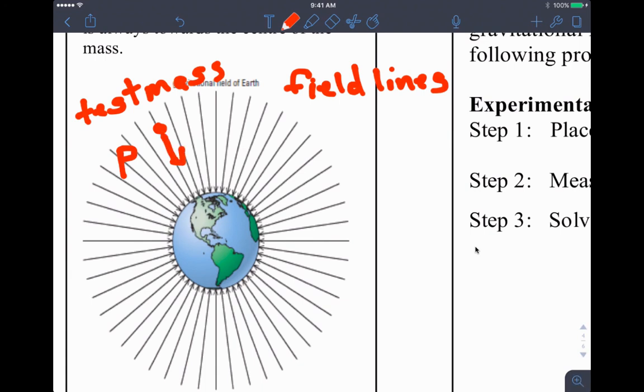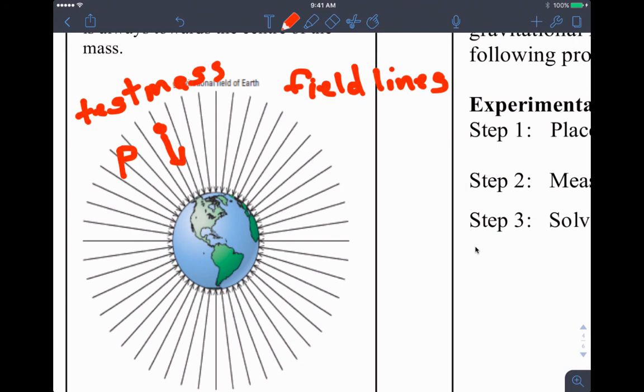Now, actually, the Earth would also feel a force of gravity towards this little test mass. But because the Earth is so massive, as you may have seen in that video, it has so much inertia that the acceleration it would experience towards this little test mass is essentially nothing. But you have to remember that the size doesn't matter. The force of gravity is experienced by both masses. They both feel the same amount of force towards each other. It's just that the one with less mass will experience a greater acceleration, and in this case, it will definitely move